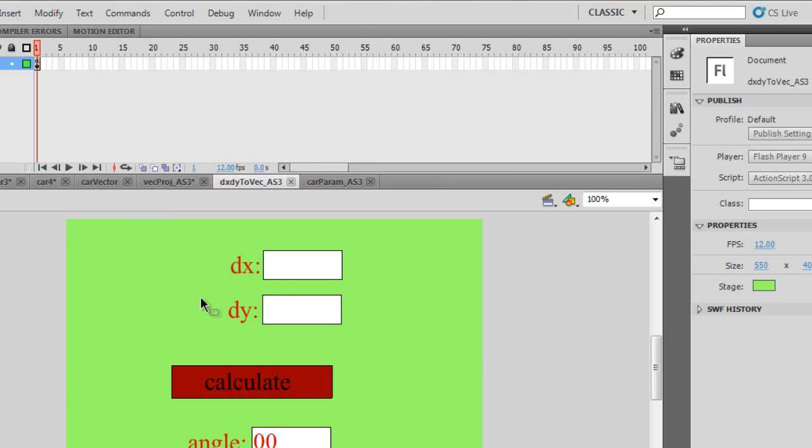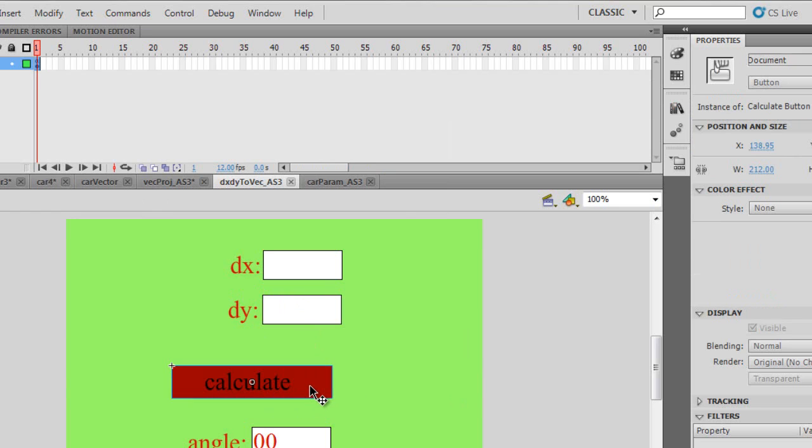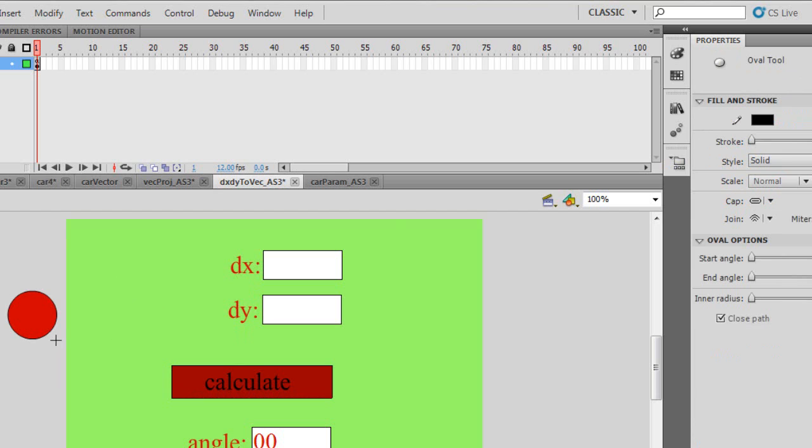What we're doing here is we have our dx and our dy components, and we're actually going to find the resultant using this calculator. All right, so in the angle that it has, or the angle theta. So I created a button, just like I showed you before. You can create any symbol. All right, so you create a shape, and then you